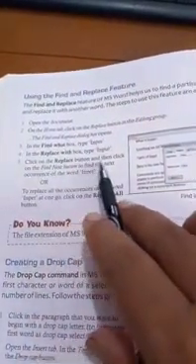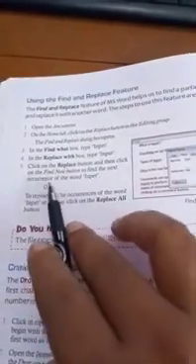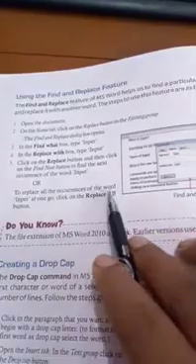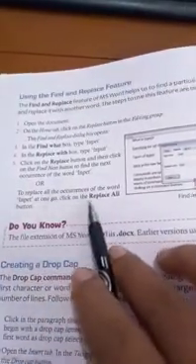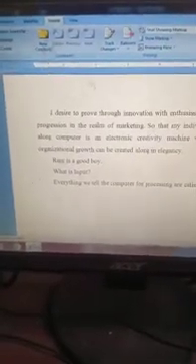Click on the Replace button and then click on the Find Next button to find the next occurrence of the word input, or to replace all the occurrences of the word input in one go, click on the Replace All button. Okay, so I will show you how you can find any particular word and replace it with any specific word. So you have to click on the Home tab, and there is a Find and Replace feature.